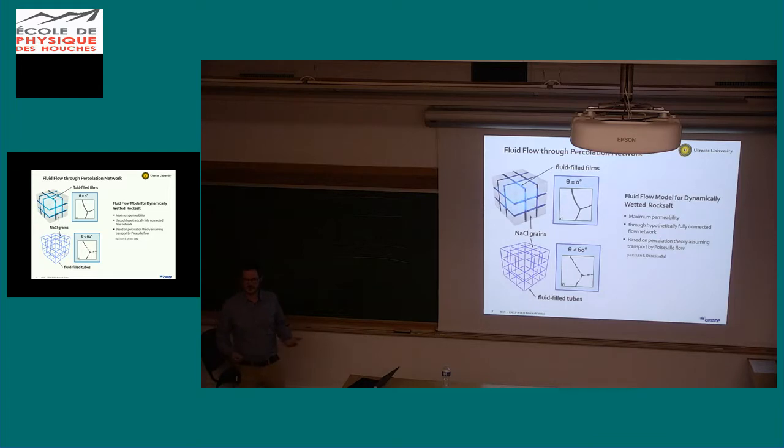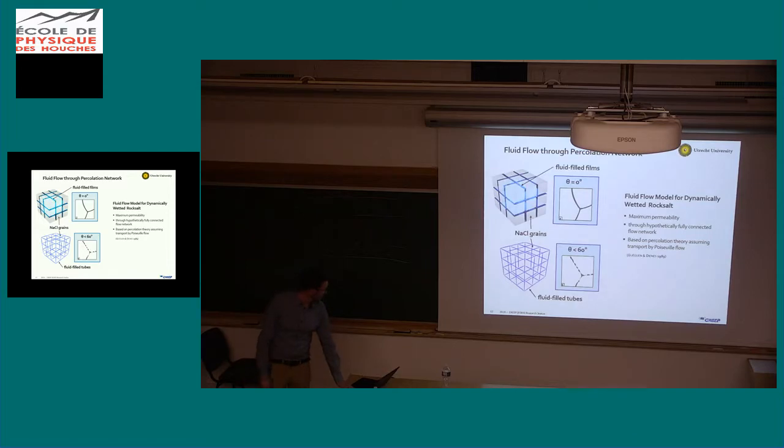We're calculating flow or permeabilities based on Poiseuille flow theory, so that we can describe flow depending on the geometrical properties, in this case grain size or the thickness of micro fluid films or channels